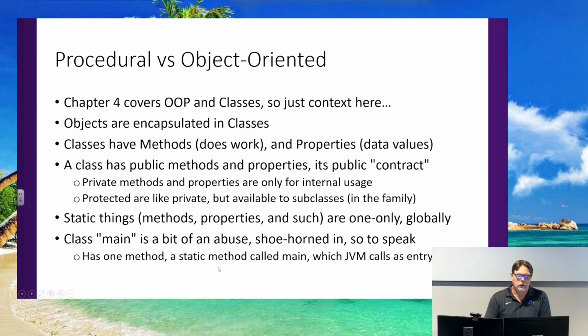Java, I think, existed before object-oriented programming, and they just kind of shoehorned the object-oriented stuff around it. That's the reason why it seems a little bit awkward. Why do we have this public class main with a public static void main? Why couldn't we just get rid of the public class main on the outside and just have the function? They're doing that to speak to the fact that they want it to be seen as an object-oriented programming environment.